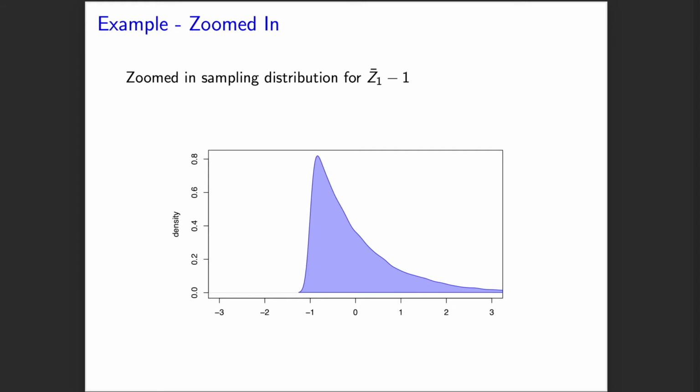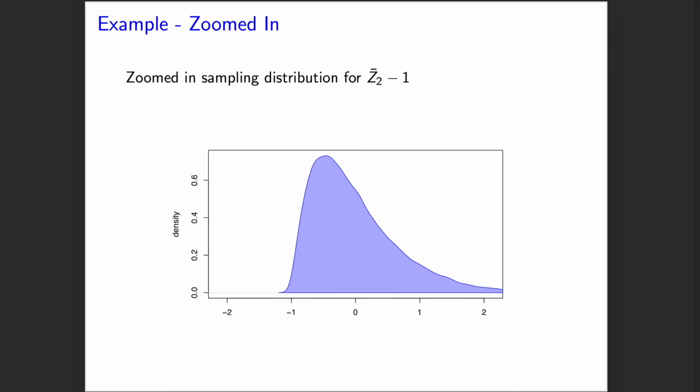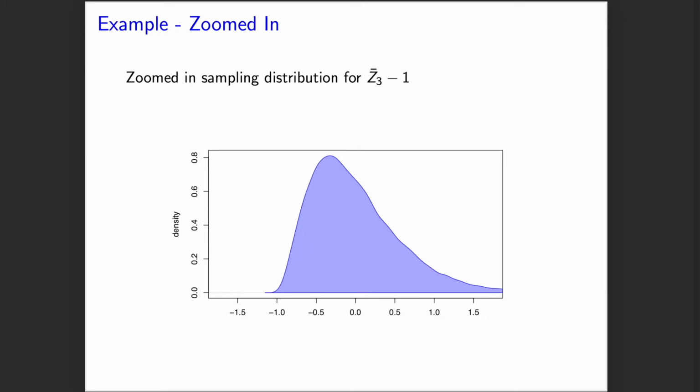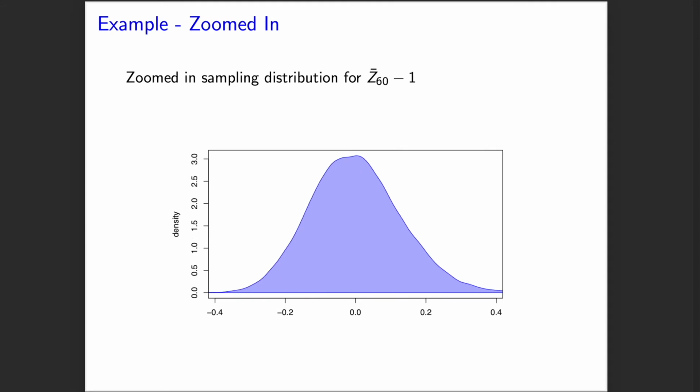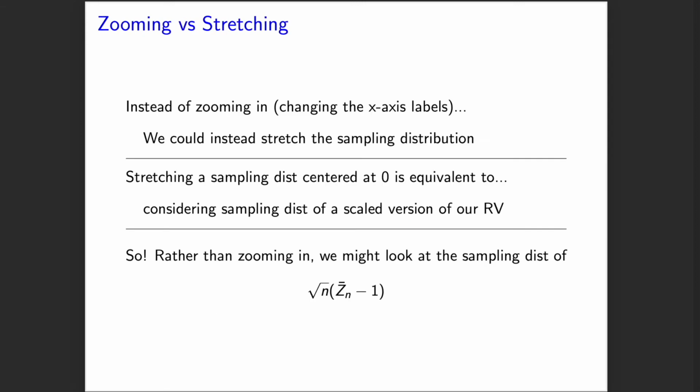And as we increase n, we see that our sampling distribution does not appear to concentrate around 0, and in fact seems to stabilize to this bell-shaped unimodal density. So this was the correct amount to zoom in. And in fact, empirically, it appears that this density converges to maybe a stable density or a density that we understand. So it turns out that zooming in is not ideal when we are trying to engage with this definition